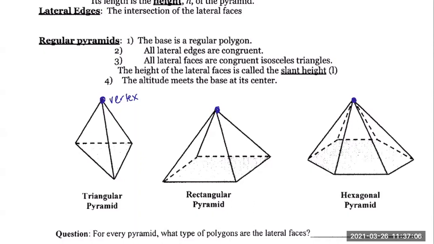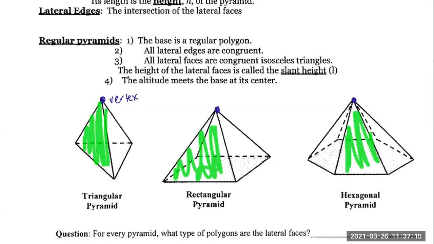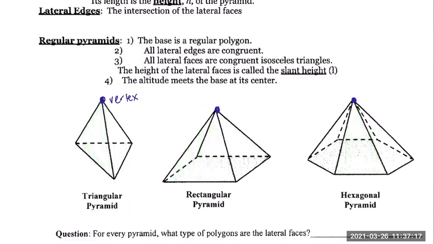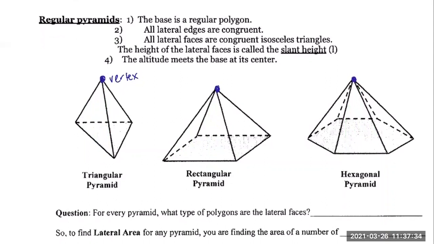And then the next observation is a little bit harder to notice, but I did see someone mention it. If you guys look at the lateral faces here of all the pyramids, they are triangles. What was the lateral face of a prism? Okay, and it helps you guys to understand these differences because that's where some of the formulas come from. They just don't come out of thin air. So the lateral faces happen to be triangles. And so what I'd like us to do is just define one thing